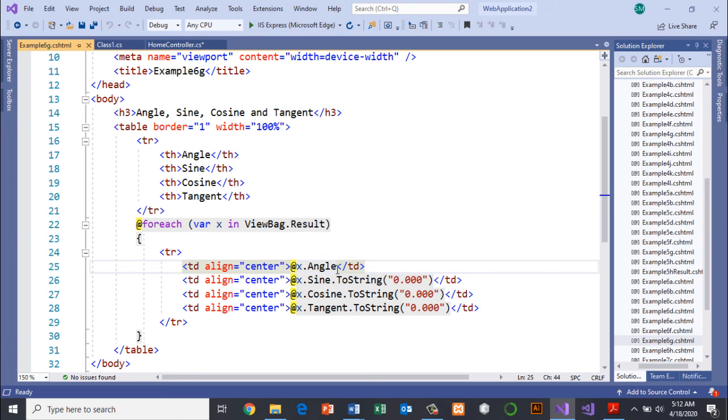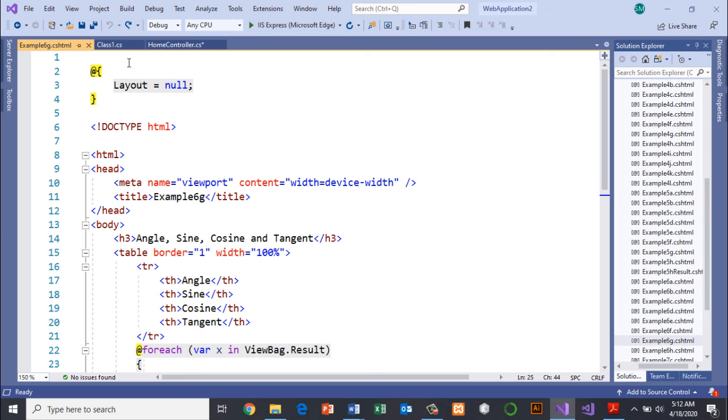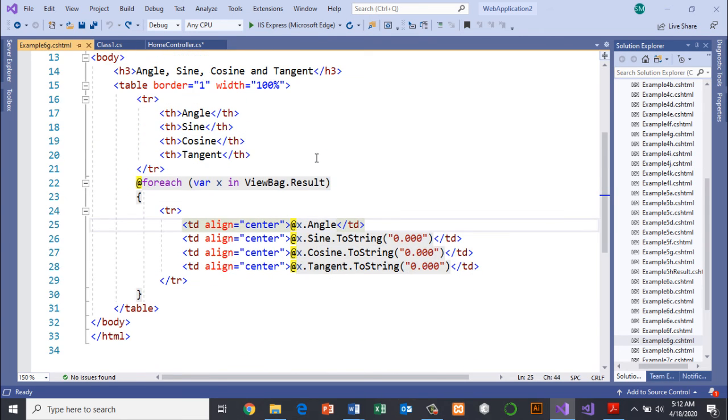Okay, you are using a ViewBag. Here we do not pass using a model, so there's no model definition here. Now the disadvantage of using a ViewBag is that if you type dot, it will not list an option. If you use a model, it will display an option for you to choose. But if ViewBag, there is no option, so you have to know what to type.